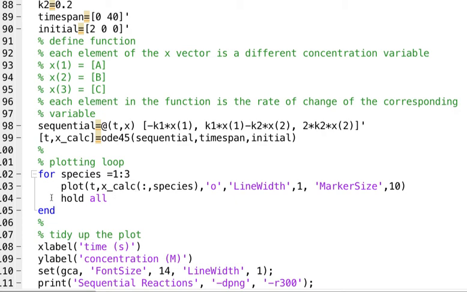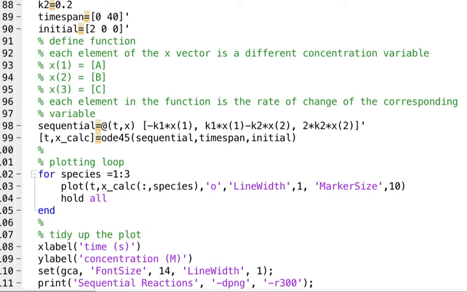And so what I'm doing in this plotting loop is going through and saying I want to pull out the concentrations one by one and put them all in one plot. You could do it a bunch of different ways. You don't have to use a loop. But what this does is it has a counter just called species, where species 1 would be A, species 2 would be B, and species 3 would be C. And as it steps through this loop, it goes through the loop 3 times, and each time it plots a different thing. So for all of them the x-axis is going to be T, and then xcalc, this is row, column, so it's going to look into all the rows, but